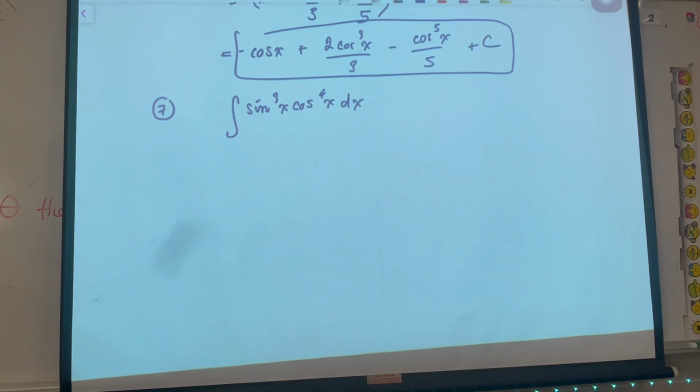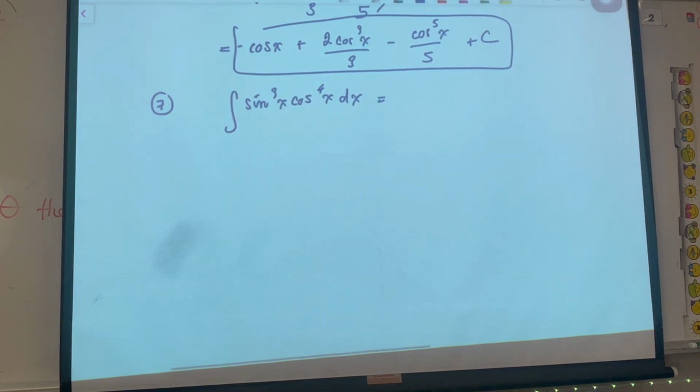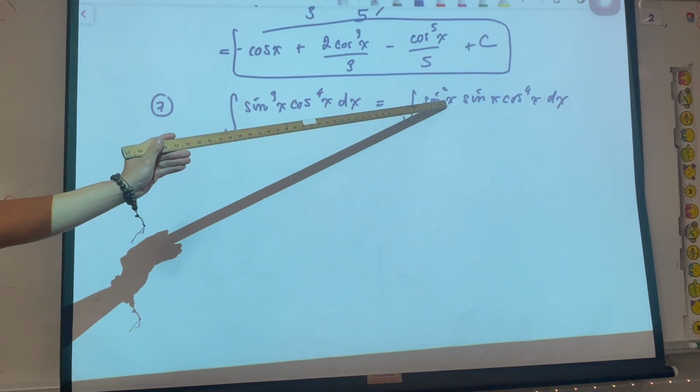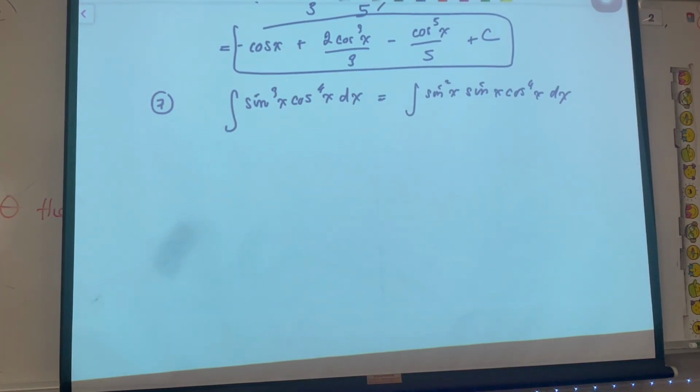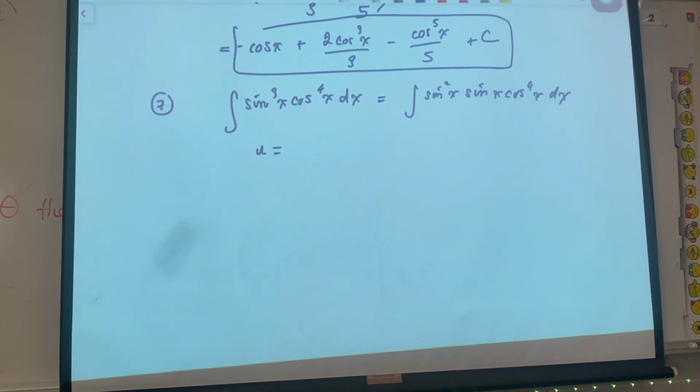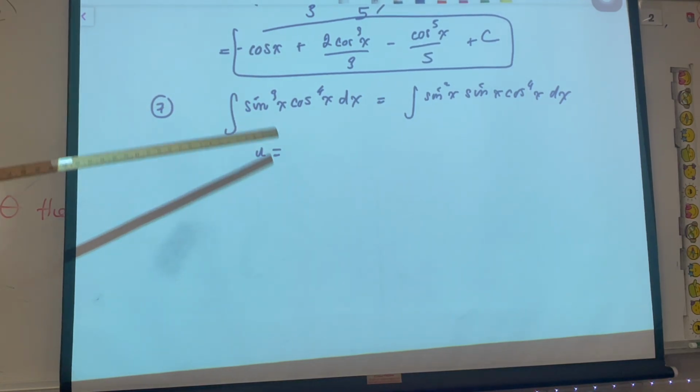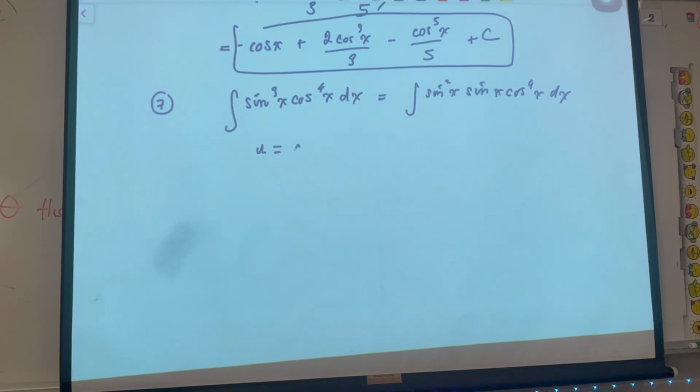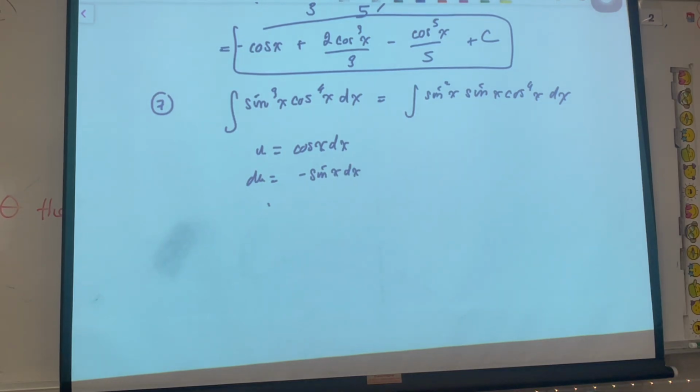Just continue. Okay? I just write it. I think you all got there. I'm going to break this one into sine square and sine. How many of you got the first step? Good. Okay, then I'm going to let u equal to what? Cosine. Remember, the odd power is sine, then you let u equal to cosine, opposite. Cosine x, dx. du is negative sine x dx. dx is du over sine x and negative. Okay? Now this becomes